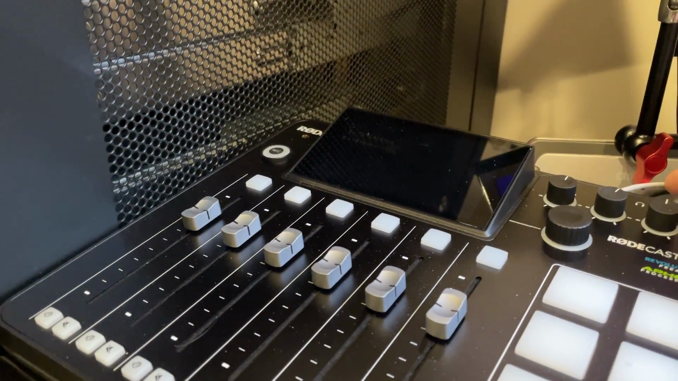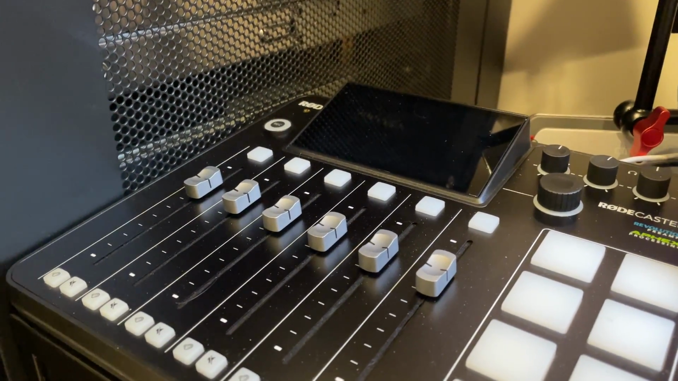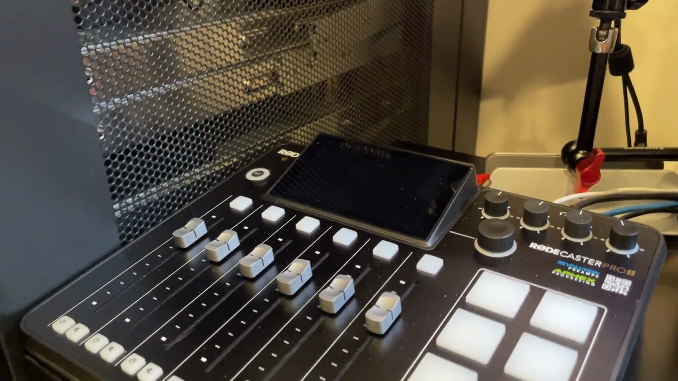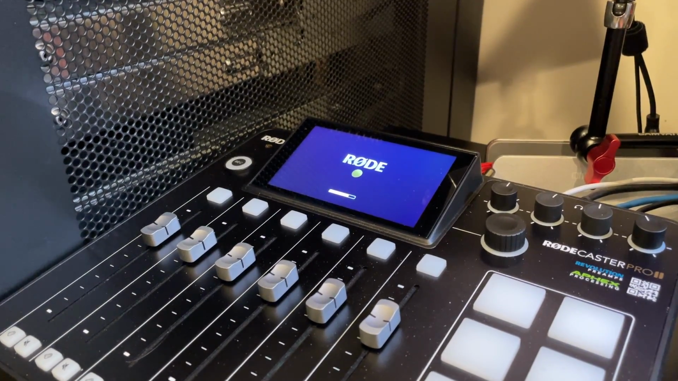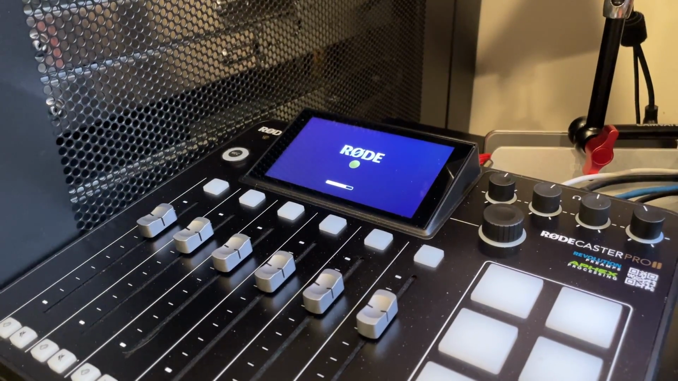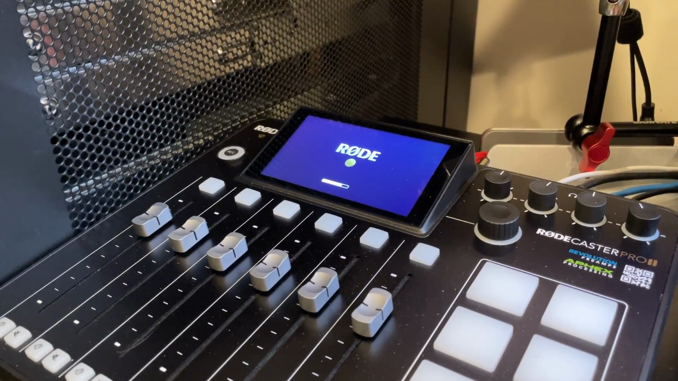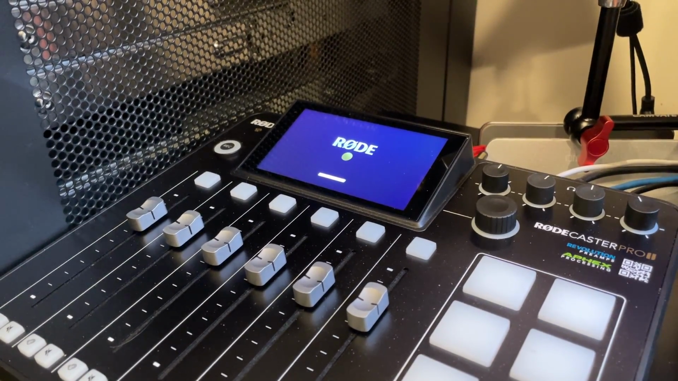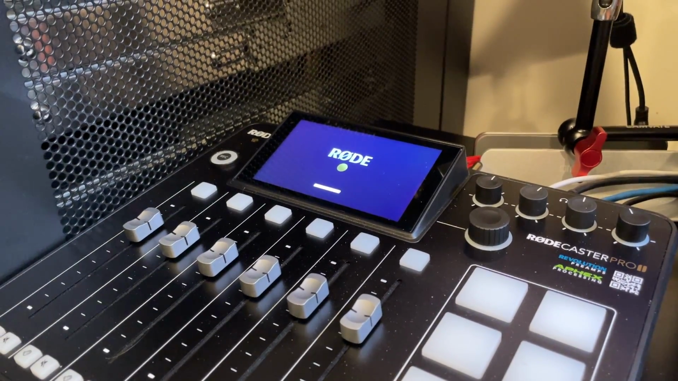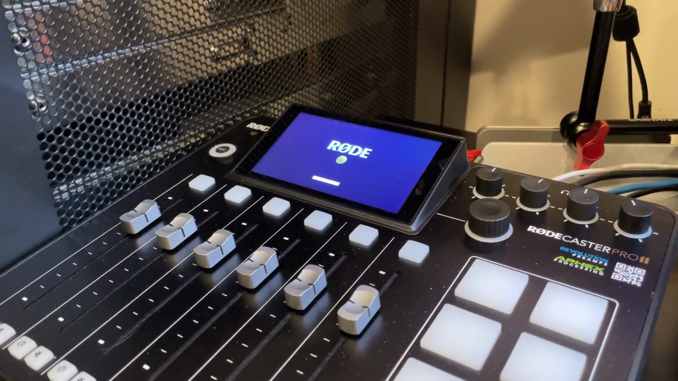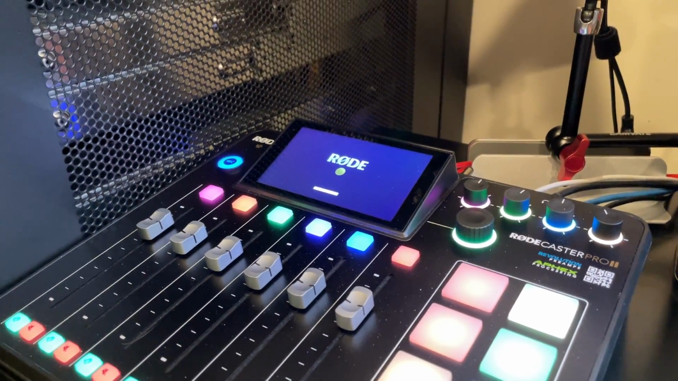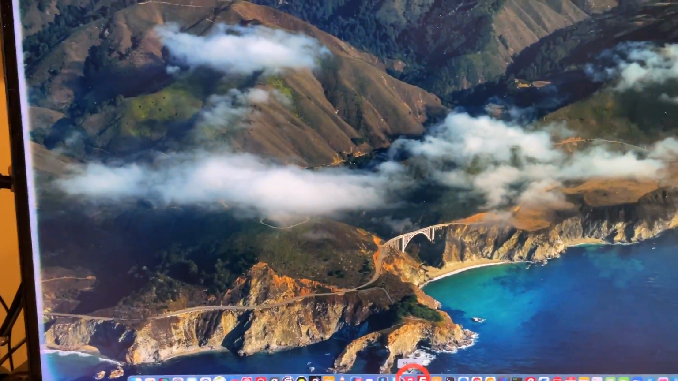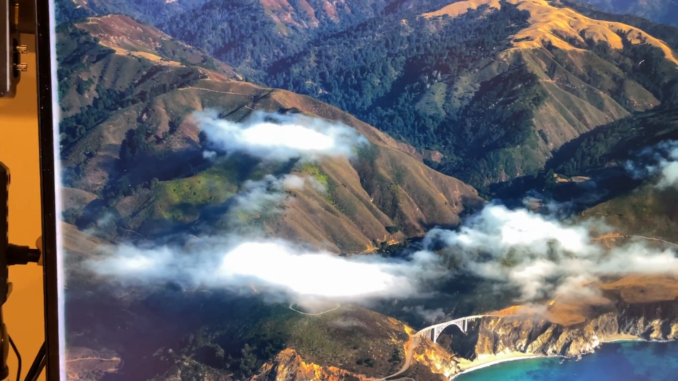I'm turning on the Rodecaster 2 Pro right now, and it's going to shortly fire up. As you know, I have firmware beta level 107 installed on the Rodecaster 2 Pro, as well as Rode Central 203. Okay, now going over to the Mac, I'm going to fire up